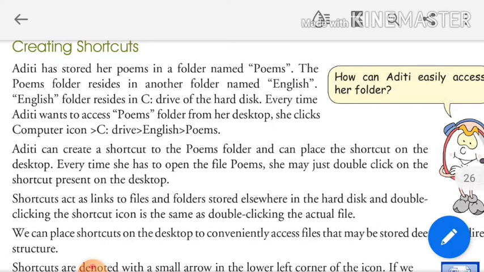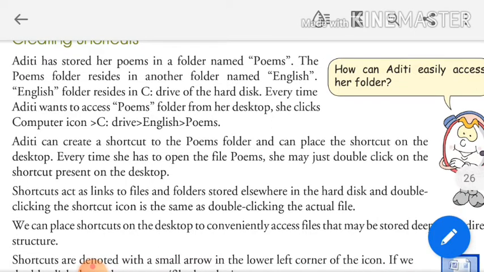That shortcut we can place on the desktop and easily open and navigate through it. No need to open the drive and then use the file or folder. By using a shortcut, we can open and explore that file, folder, or program easily.